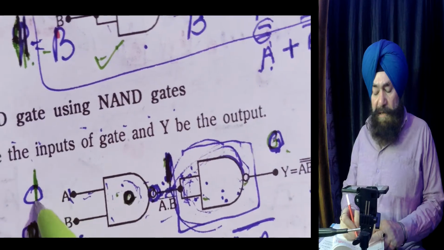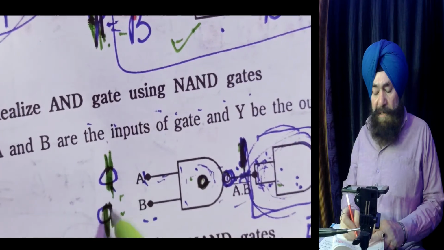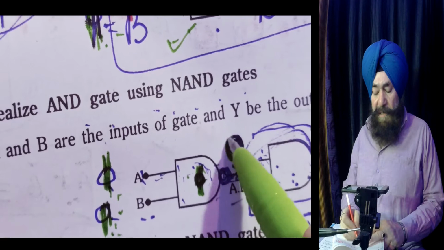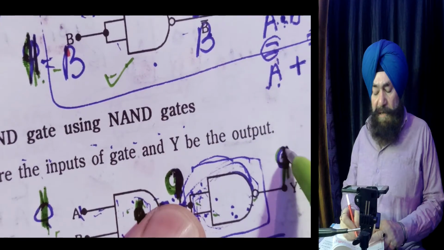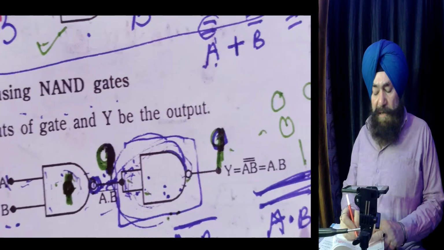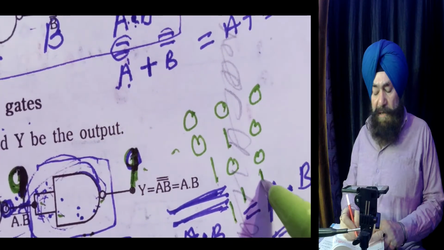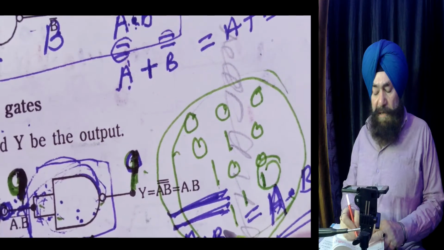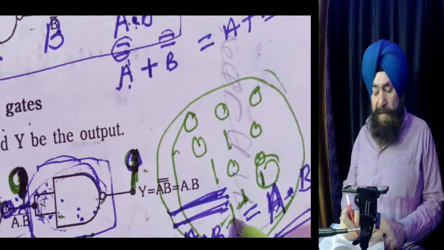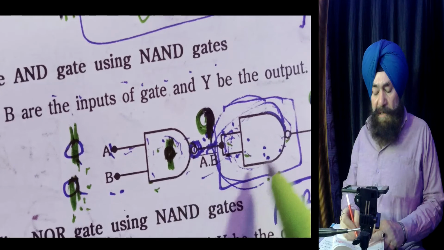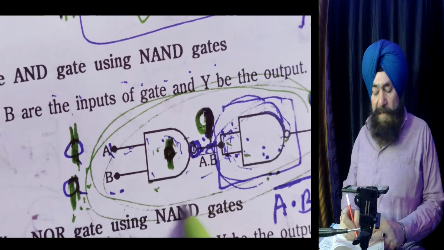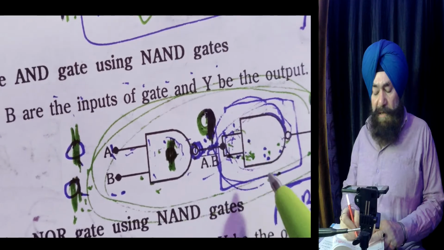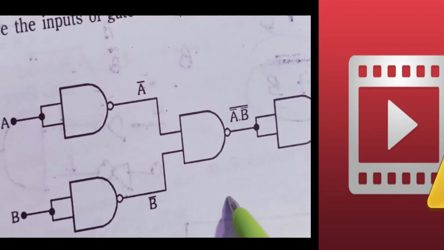Lastly, if it is 1 and 1, AND becomes 1. NAND turns it into 0. 0 becomes 1 because this is a NOT. So 1, 1 is 1. This is the logic of the AND gate. Output is high only if all the inputs are high. So you can have an AND gate using only NAND gates. So one NAND gate, another NAND gate with inputs connected. You prove this one. Very easy.